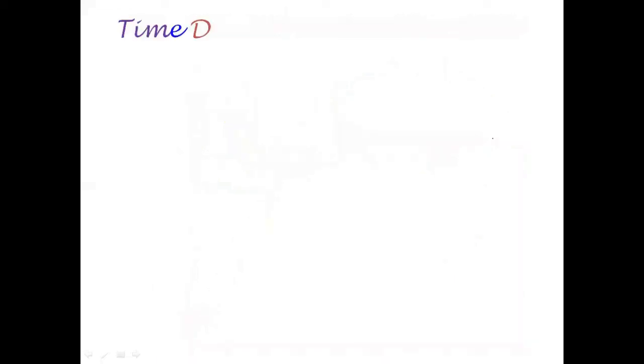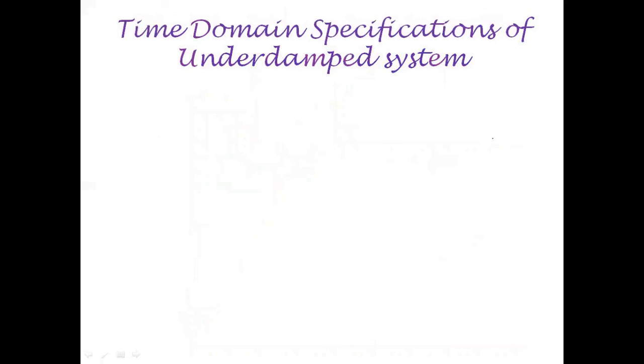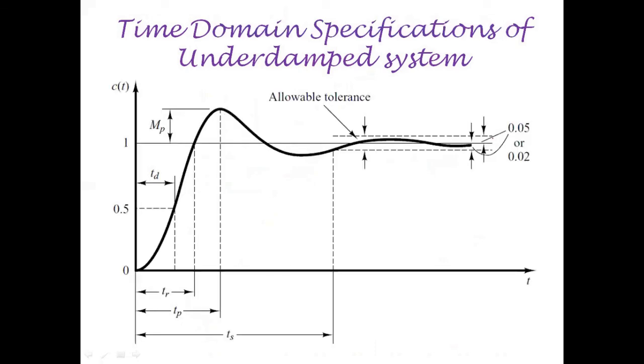And finally, the time response analysis for a second order system subjected to unit step input for an underdamped condition can be as such. We will be deriving parameters like tr, tp, ts, Mp, and td. In the next lecture, these parameters, which we call the time domain specifications of a second order system for an underdamped condition, are a very, very important university question, and let me derive these expressions in my next lecture.